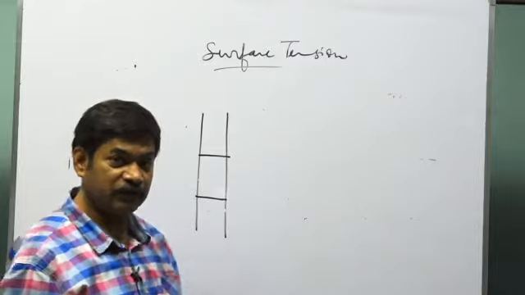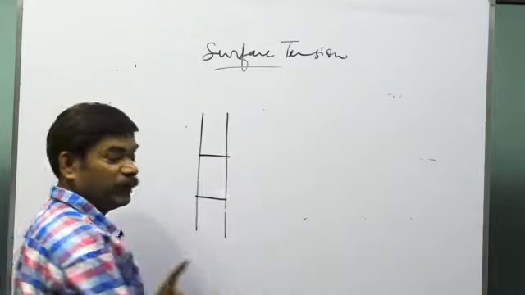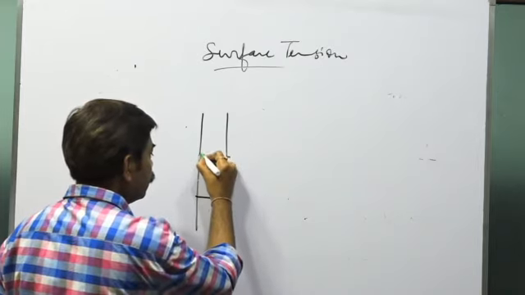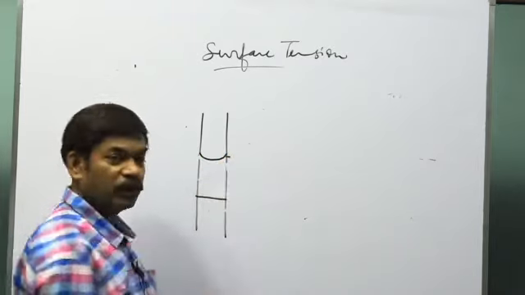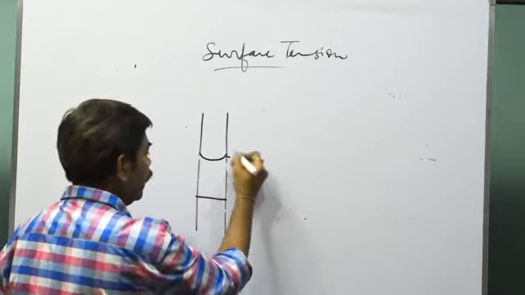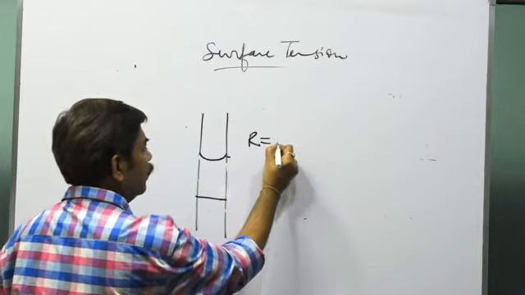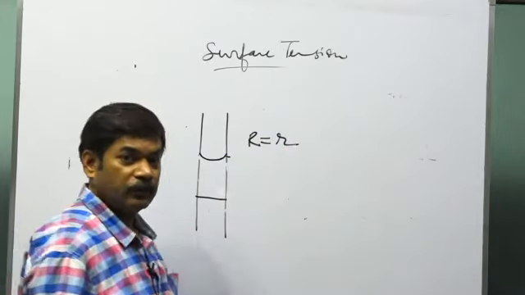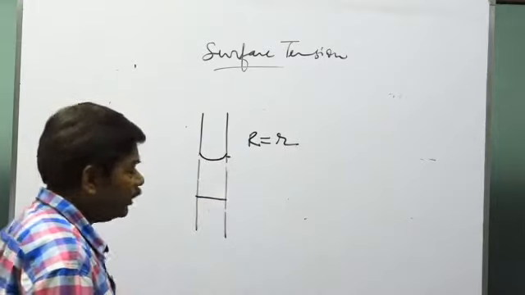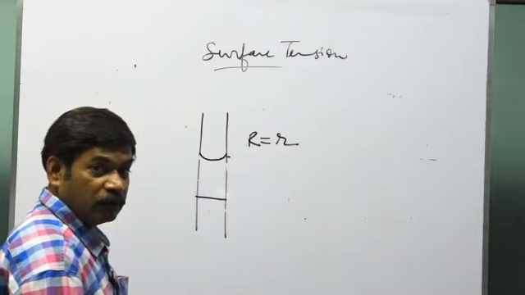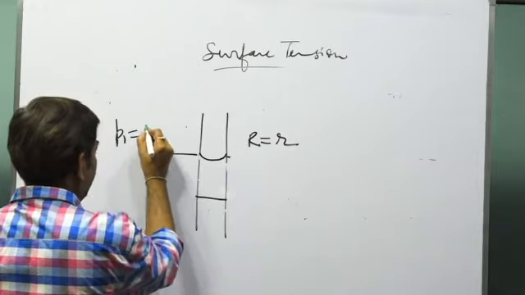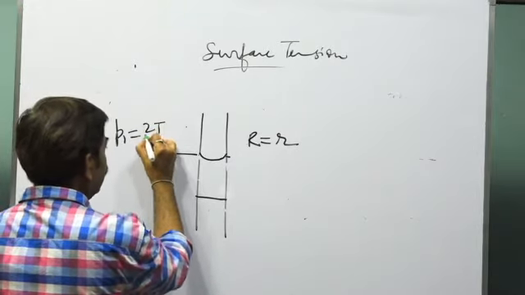Now what the concept is, you'll see this. You have to remember that the upper surface of the capillary is always, in this case, concave upwards, and its radius capital R will be equal to what? Small r. Small r is the radius of the capillary, and this is always concave upwards. So basically, the upper surface will create a pressure difference P1 that will be equal to 2T by R.